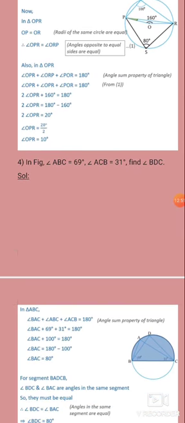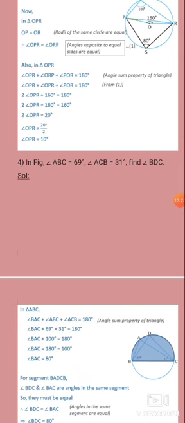Now listen carefully to the next one. In this figure, angle ABC is 69 degrees, angle ACB is equal to 31 degrees. Find angle BDC. Now in this triangle ABC, angle BAC plus angle ABC plus angle ACB is equal to 180